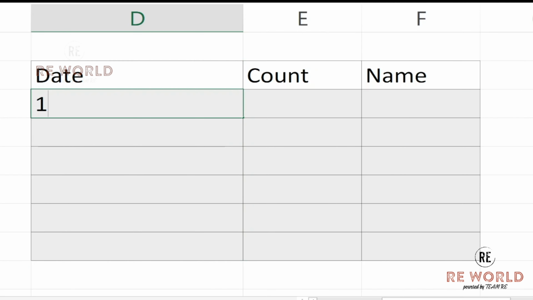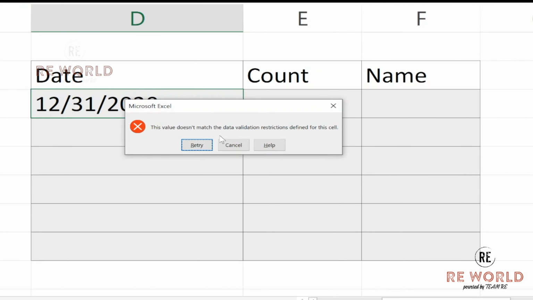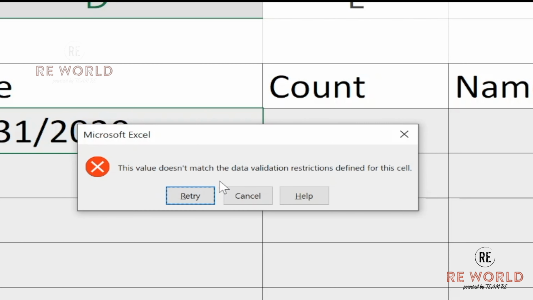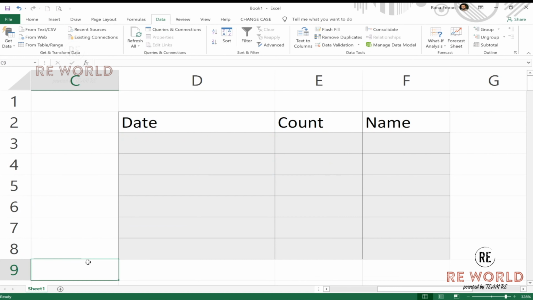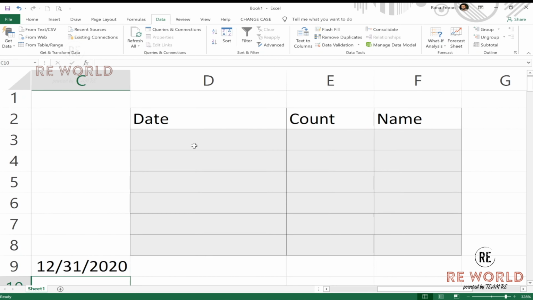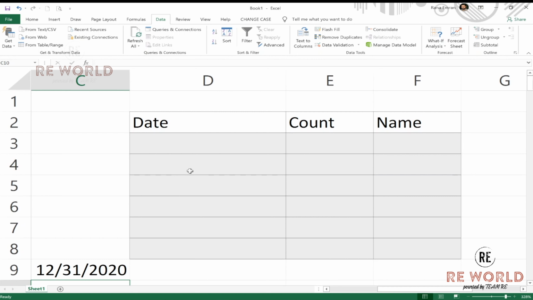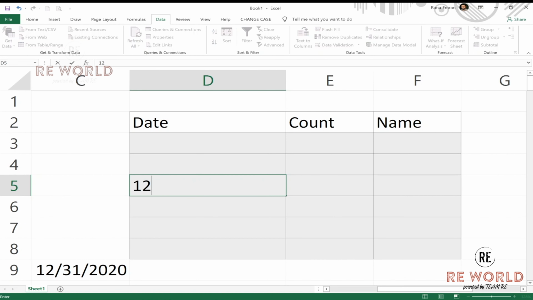Now let me add here 12/31/2020, and it will give me an error: this value doesn't match the data validation restrictions defined for this cell. So this date I can add anywhere, 31st 2020. Okay, but this date I cannot add. I tried before there, I'll now try with there.